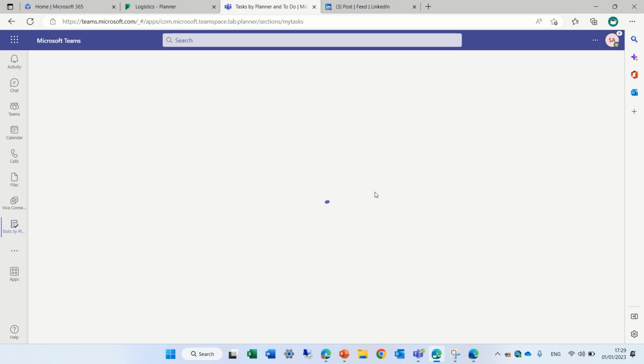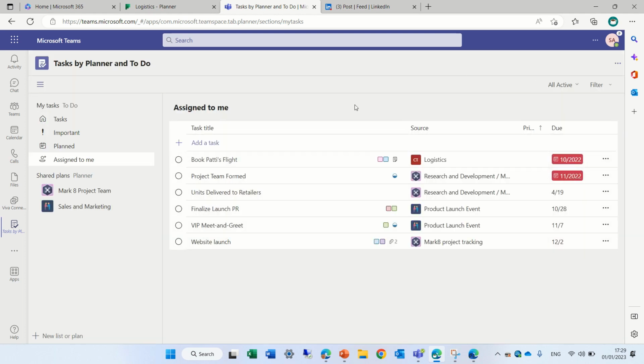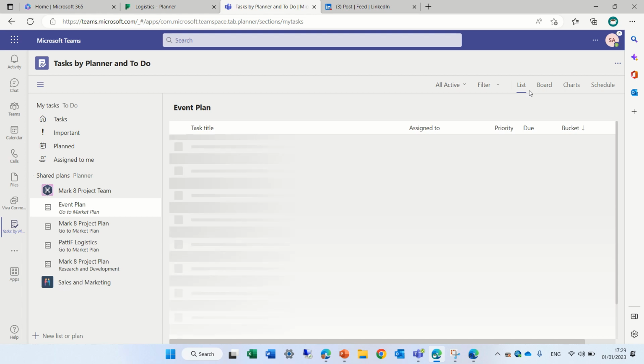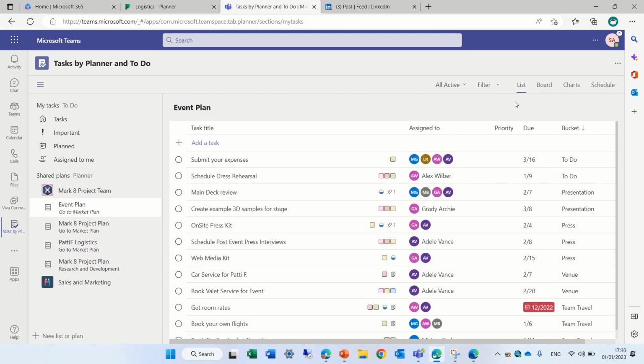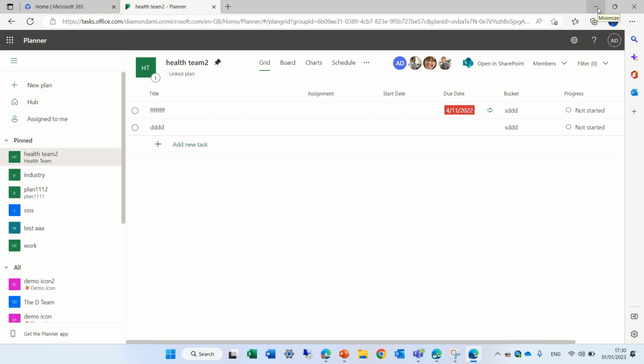Now if you remember, we had the first possibility to do that, and we could see in the tasks this list view. So in Planner it's not called lists, but it's called a grid.